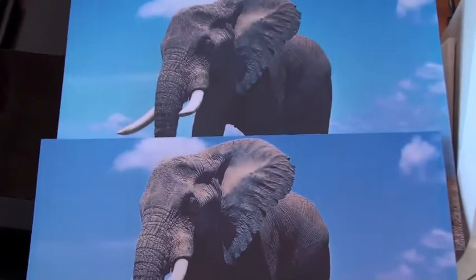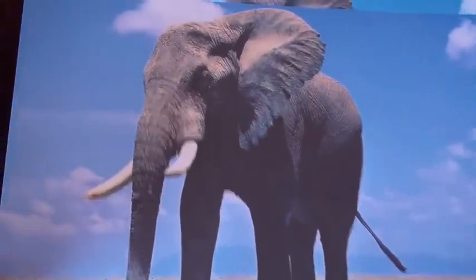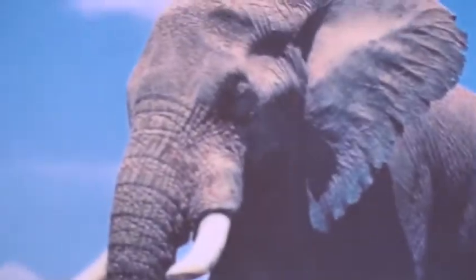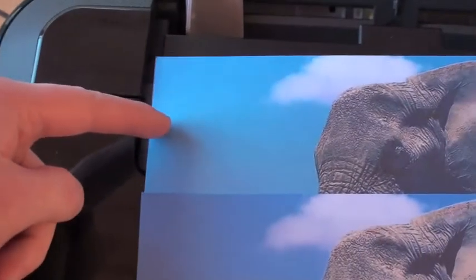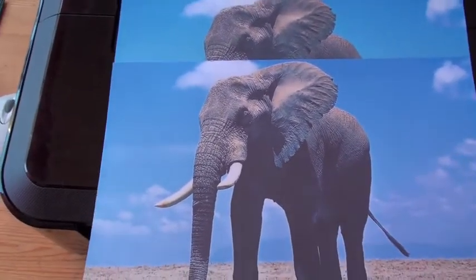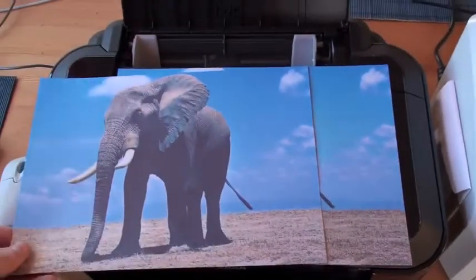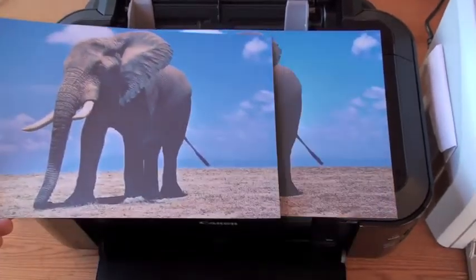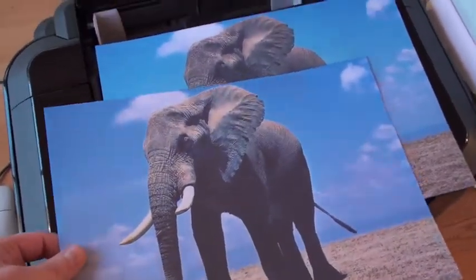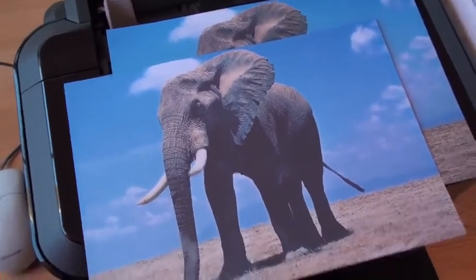And if you take a look at the elephant itself, you can see the details a lot better on this one than on this one. This one is darker than this one. And you can see it clearly here, the difference between this one and this one. And now the sky, I mean it's a big difference there. I'm not really sure why it is like this, but I think it's very important to choose the right paper